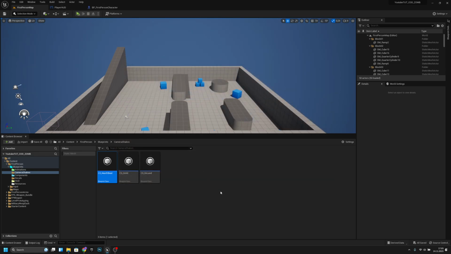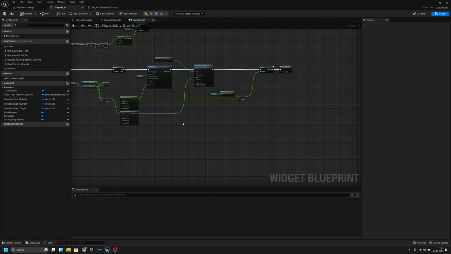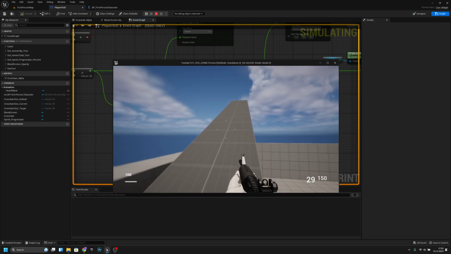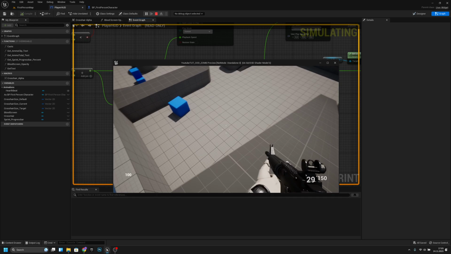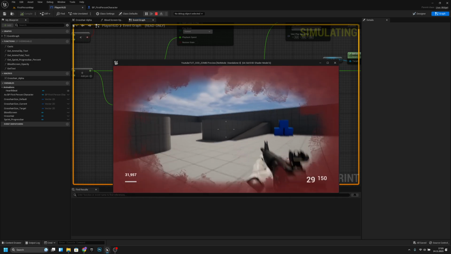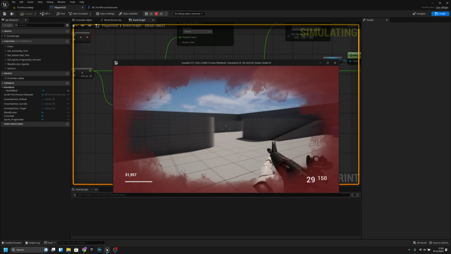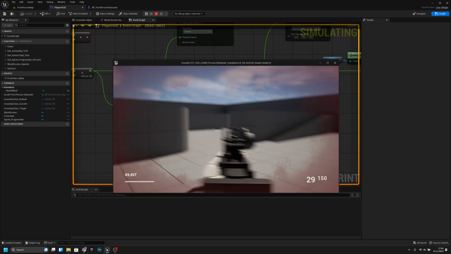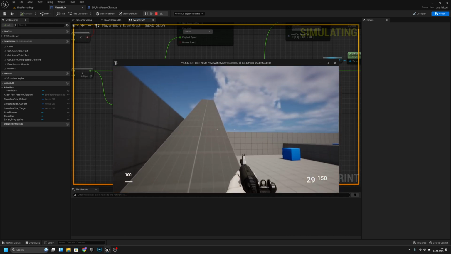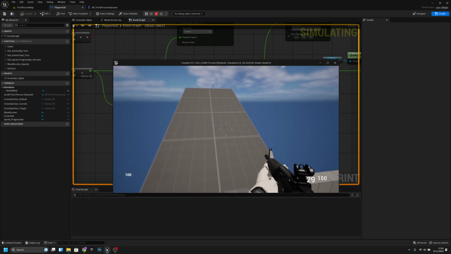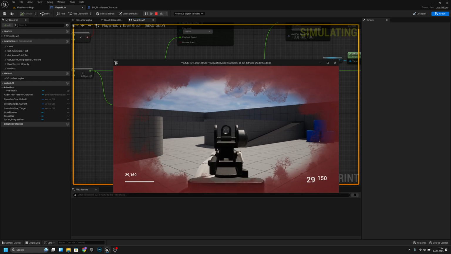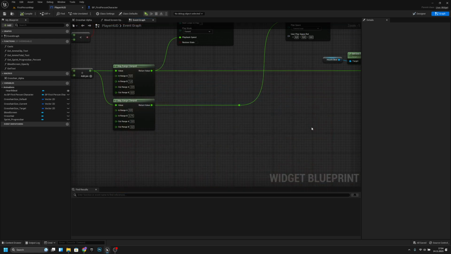Now let's add one more thing to here that I just remembered. If I show one more time, jump from here, and we get a lot of damage, our screen is shaking, so it's harder to aim. And if you're ADSing, it's super hard. Let's check it one more time. We jump from here, and then we want to ADS on the ground. The gun is going crazy. It's hard to aim, so let's add a little